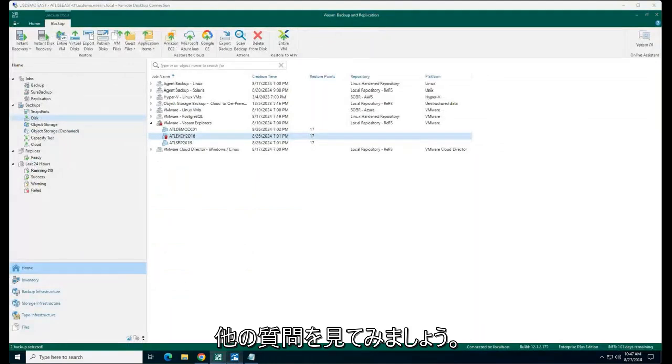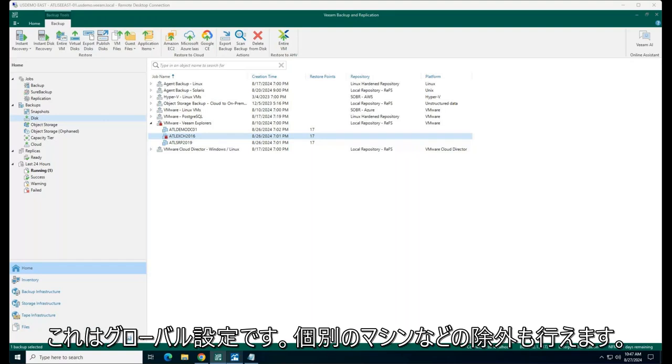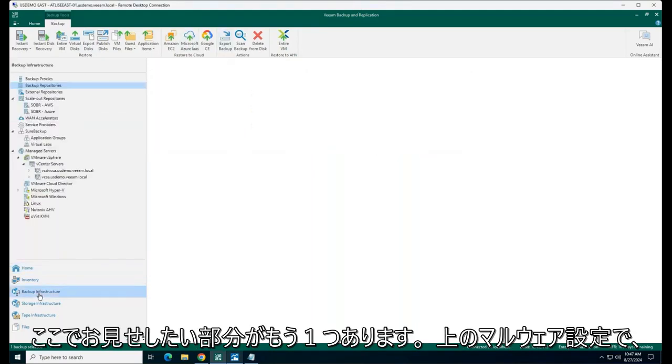Let me take a look, see if there's anything here. Does the exclusion only apply to that individual object, or is it excluded across all at that point? So they're all global settings. If we're talking about the malware exclusions, there is one more